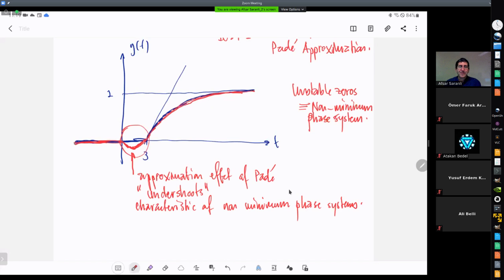From real life, a typical example of a non-minimum phase system is a bicycle. For those of you who are familiar with how bicycle steering works, in order to steer a bicycle, you need to first steer it in the opposing direction of where you want to turn. So if you want to turn left, you need to first steer the bike towards the right,